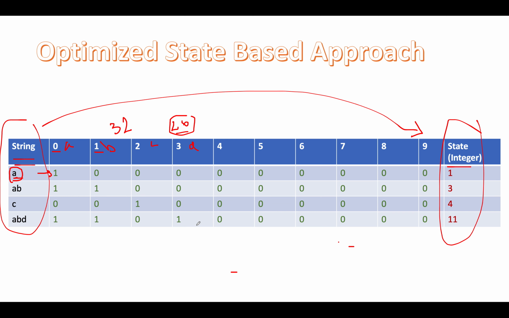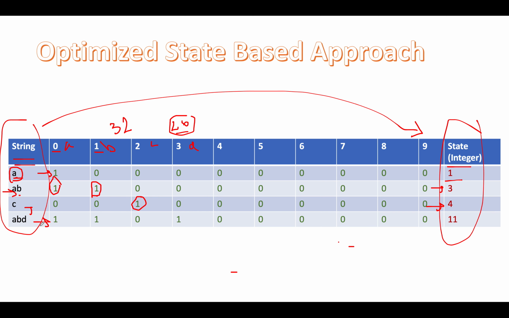Now let's continue the process. We have A and B. So we enabled the 0th index bit using the left shift operation, and moving ahead, the next character was B. So we enabled the first bit in the bitwise representation, and the resultant integer becomes 3. Next we have C. So we enabled the second index in the bitwise representation, as a result of which the state of C is mapped to 4.